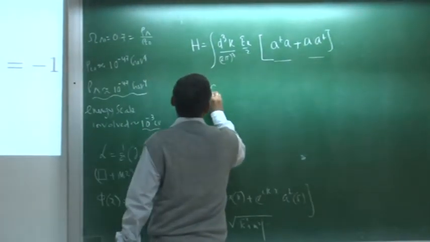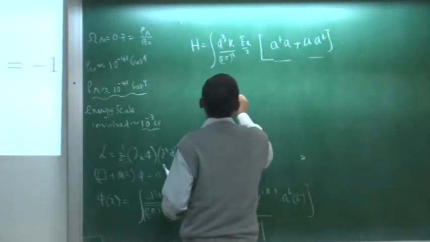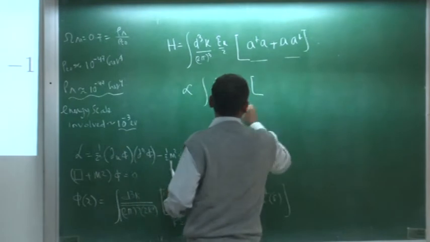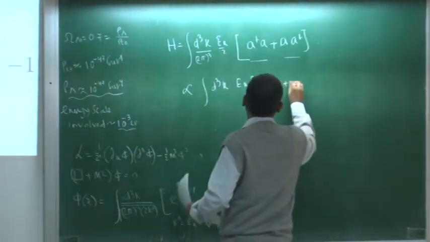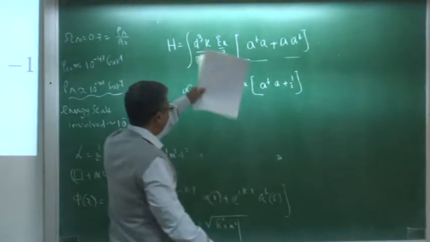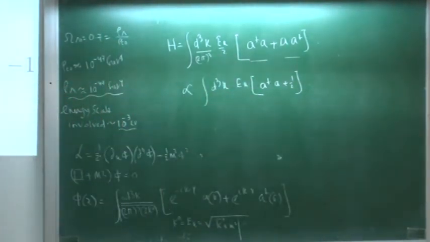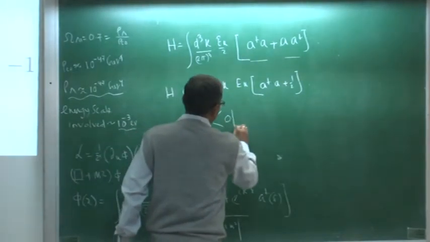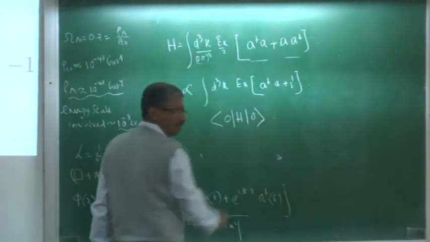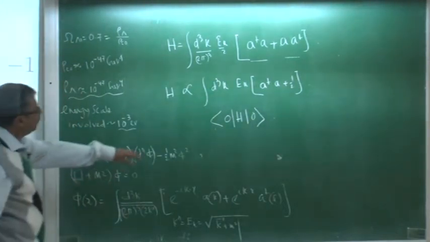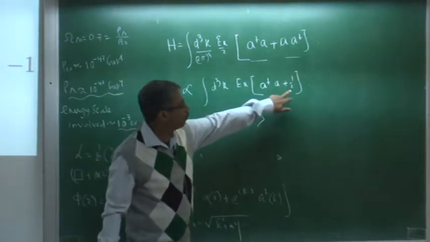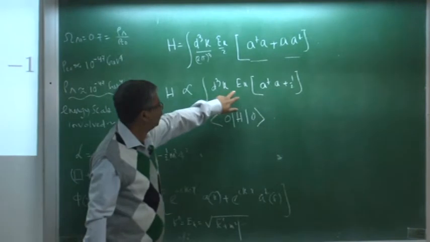Okay, and if you do it, it's roughly proportional. I'm just not writing all the constant terms. So this will be dk, e_k, A dagger A plus some half. If I use the A A dagger commutation, which is delta cube of k minus k prime, you get this kind of thing. So now this is the Hamiltonian. So the ground state energy will be this thing. When I do this, this part will obviously be 0, because the annihilation operator acting on the vacuum gives you 0. So the thing that contributes will be this, right? And that value will be this one, right?